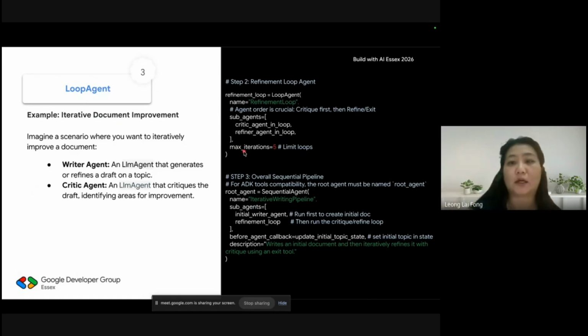Once it has gone through five rounds of review, critique and refine, then no matter how good or bad it is, it will send out an output, for different reasons. We want to have a stop to check the output, or we want to have control on the budgeting of the